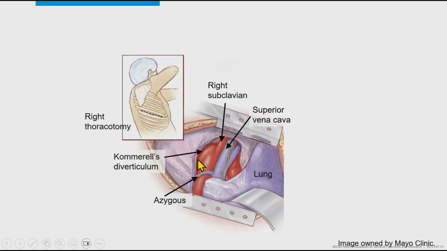Just to go back to this image, you basically are going to be replacing the portion of the aorta that includes the Kommerell's, so the ligamentum is going to fall away. You've already taken care of your subclavian, so it ends up being an aortic replacement, and it is done with a heart-lung machine. It does have a higher rate of recurrent laryngeal nerve injury, but if you're 50 years old, then the tissue is not going to be as good, and you just have to replace it.